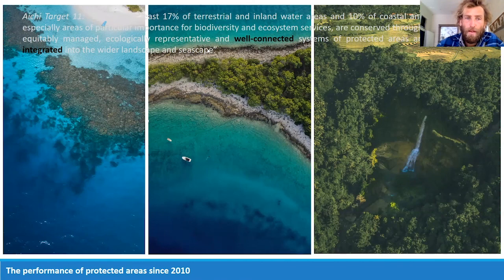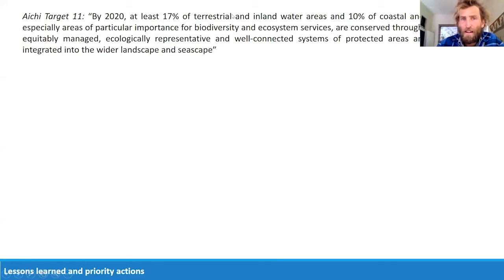So that's a very long and drawn out summary of our results, but I hope you can see we can really dig into this a lot more. But ultimately, while there's been some national progress towards this target, they've essentially failed to meet it. The rate of terrestrial protected area expansion needed to be double what it was in the past decade to achieve the 17% coverage of land and freshwater environments.